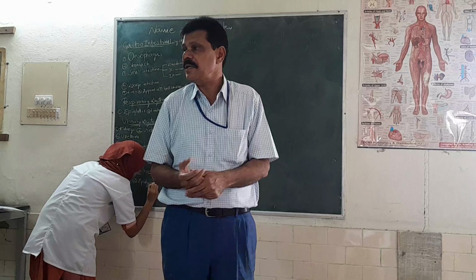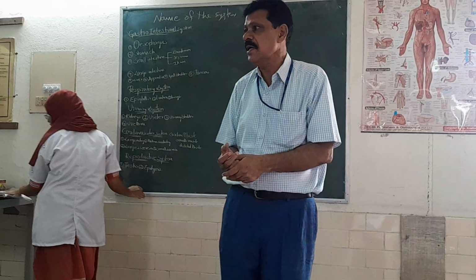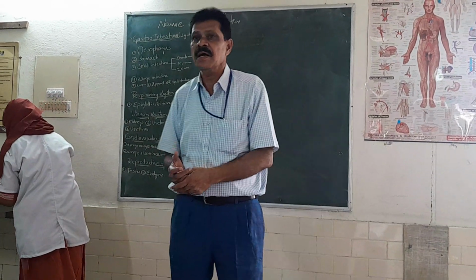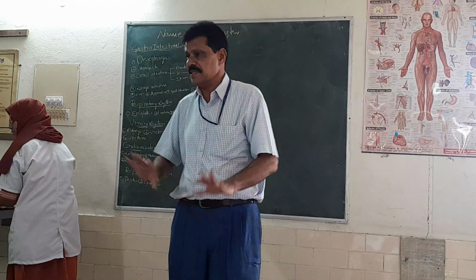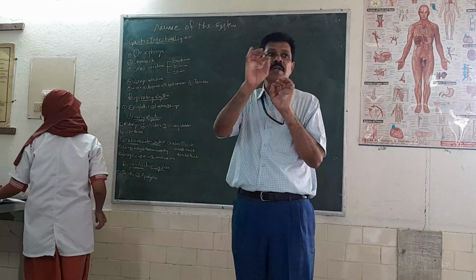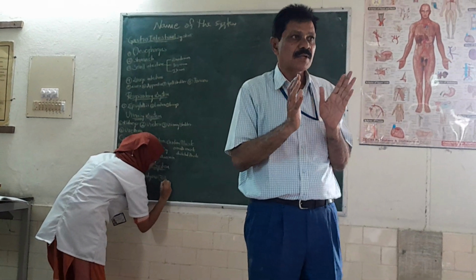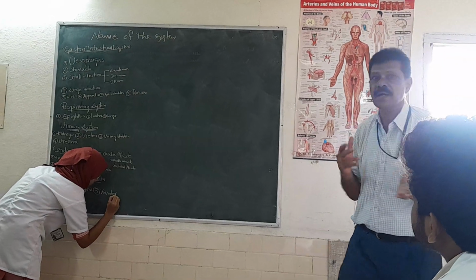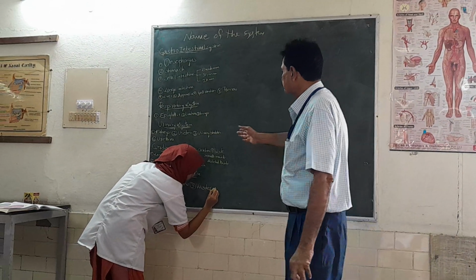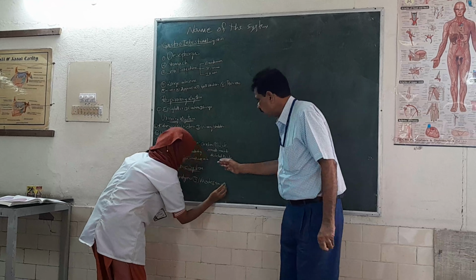Striations are there. These are all the features of skeletal muscle. Like that, I am explaining only one or two features, not all features. Are you understanding or not? Any difficulty you feel? Just tell me. Then this is the cardiovascular system. Then next, what system do you want?